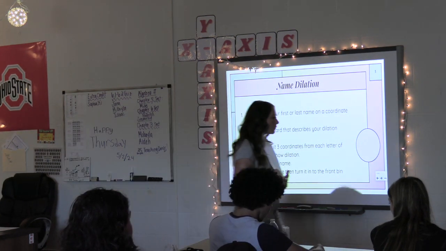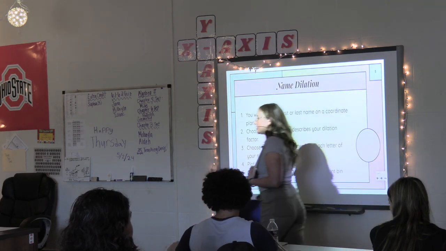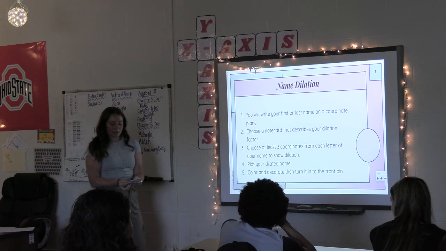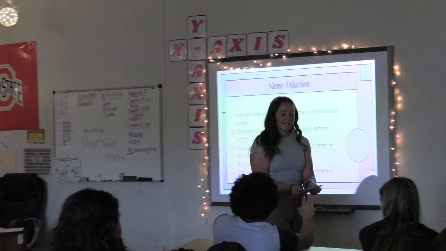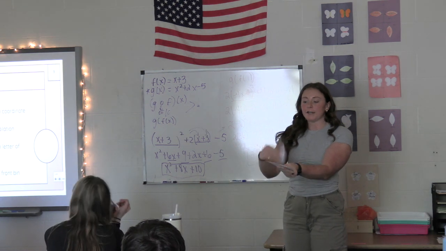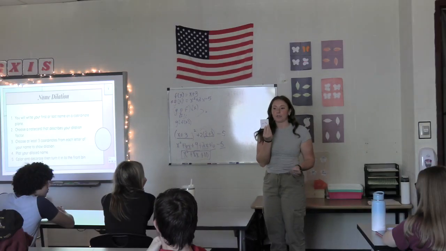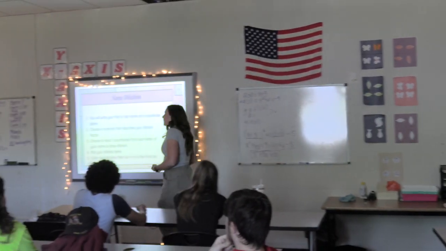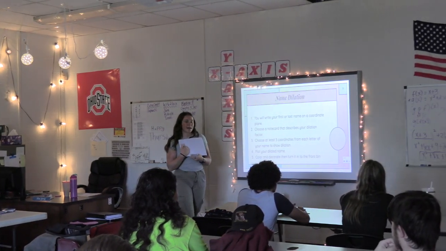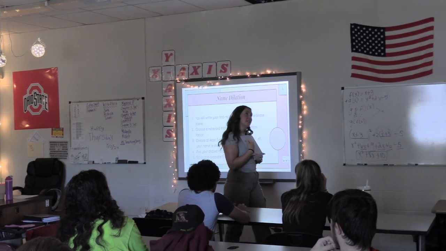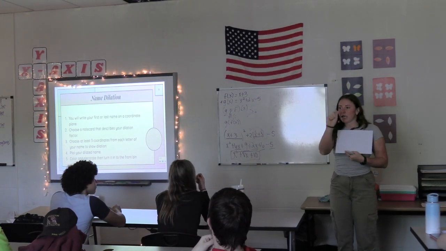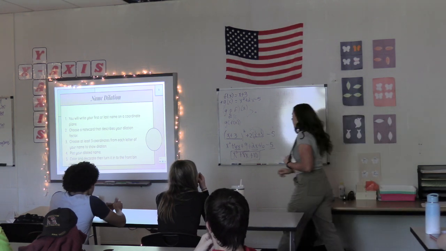Okay? Then you're going to, well actually, before you write your name, you're going to come up and choose a card from me. This is going to represent your scale factor. Okay? So you're going to grab a scale factor. Ooh, I have k is equal to 3/4. Then I'm going to come over here on my coordinate plane, and I'm going to write out my name. Since we have to do this with points, you're probably going to want your name to be like all straight lines. So normally with my name,